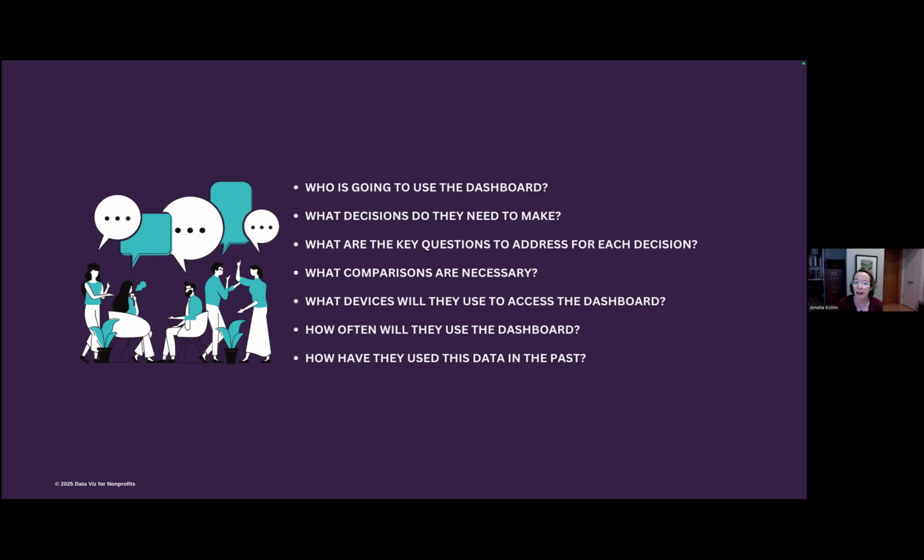Past use of data. So what are they used to seeing? Are they comfortable with that? Maybe you shouldn't go too far afield of where they are currently. For example, if they're used to seeing participant totals in a bar chart, maybe keep that chart, but add some interactive elements that allow them to see more with the chart. For example, allow them to see totals by age group or zip code. Once you have the answers to these questions, you'll be in a good position to start thinking about the design